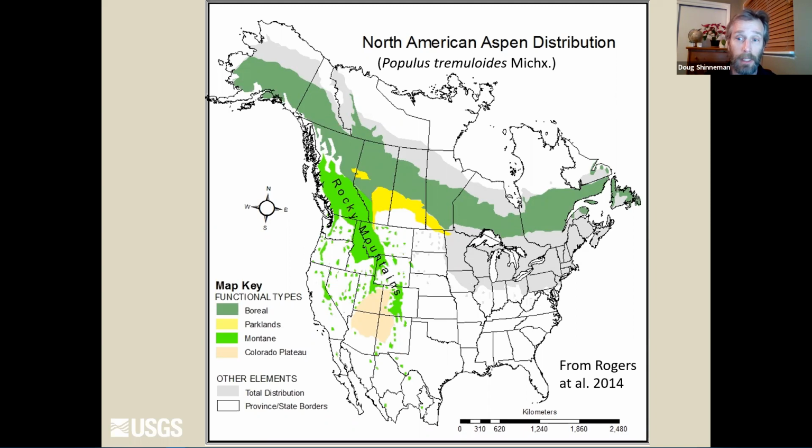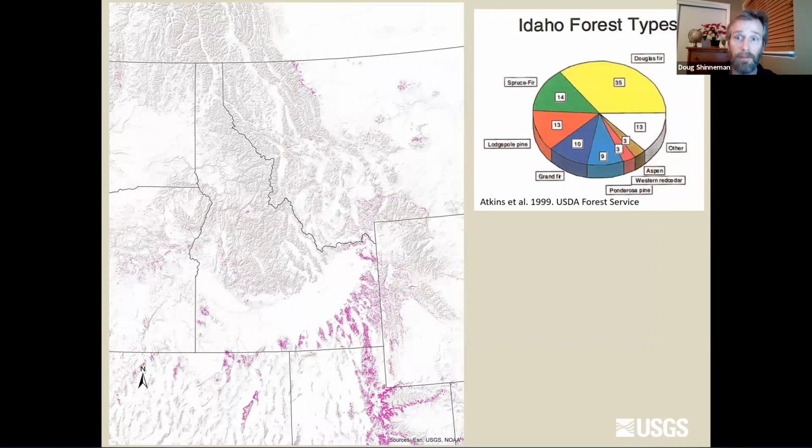And of course, looking at this map, one might assume that aspen is quite prevalent in Idaho, but of course, it really isn't, at least not in terms of its total land area. In fact, aspen forests only make up about 3% of the total forest area in Idaho, and far less than 1% of the total land area. As you can see in purple in this map, hopefully you can see those purple areas, but what you'll probably notice is that most of the